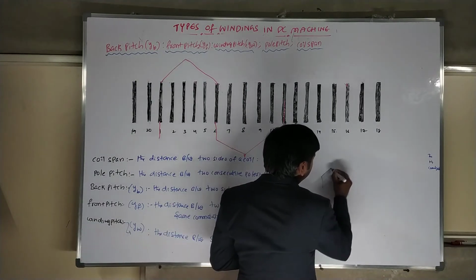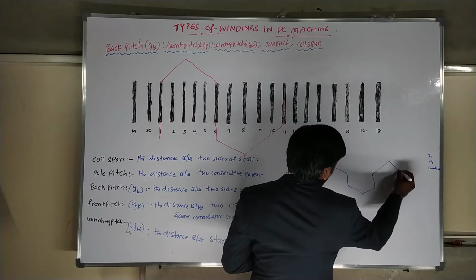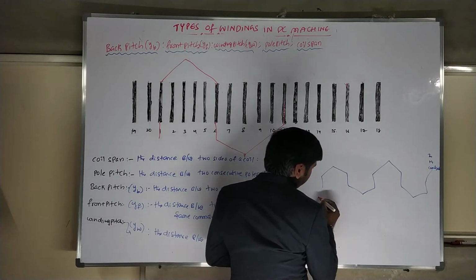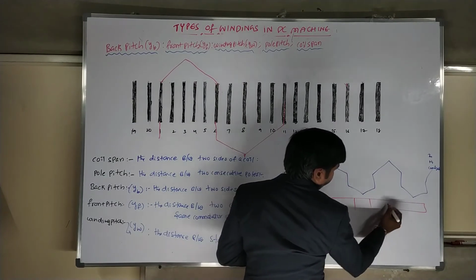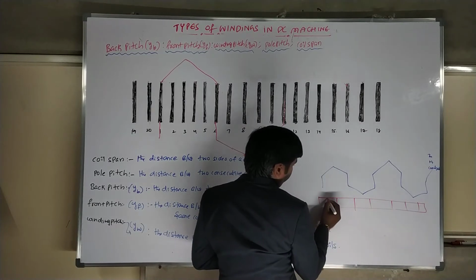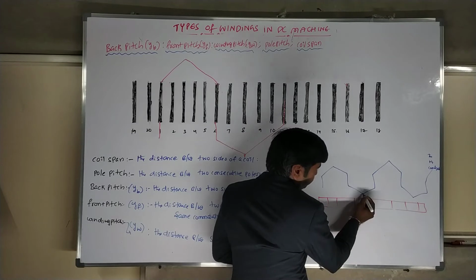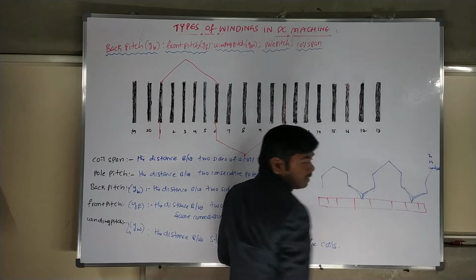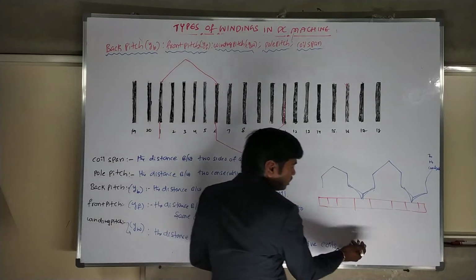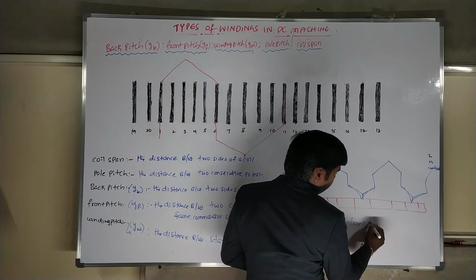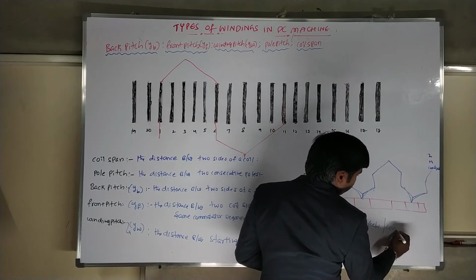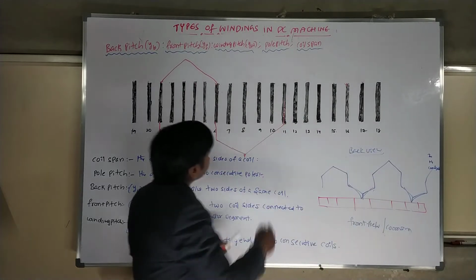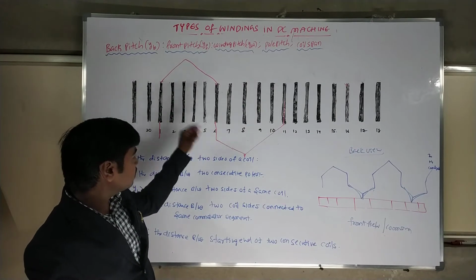So this is a wave winding I am drawing for you. Like this it is there. These are all commutator segments. I'll draw the commutator segments. This winding should connect over here, come like this, go like this, come like this and go like this. This is called the commutator segments. This commutator side you can call the front view. The top is called the back view. Back side and front side.